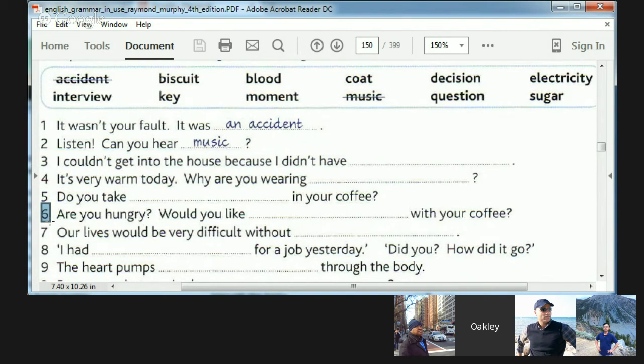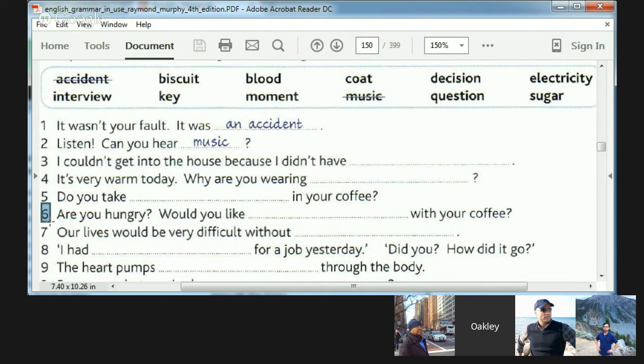Would you like a moment with your coffee? Would you like a moment? No. Would you like a biscuit? Would you like a biscuit with your coffee? Yeah, although Hogan, that's very funny. What does that mean when you say a moment? Would you like a moment with? Oh, yeah, I misunderstood. I thought, would you like to have some time with me while you drink your coffee? Okay, right. It sounds very funny